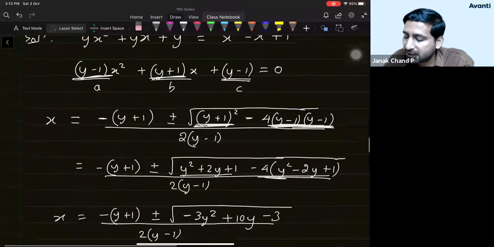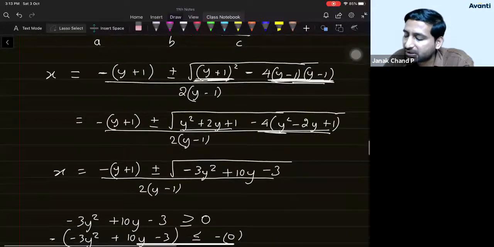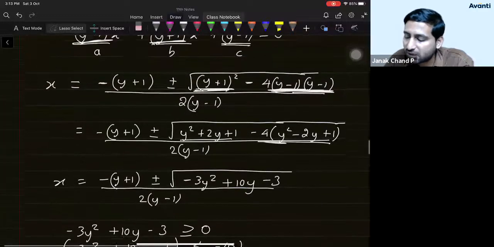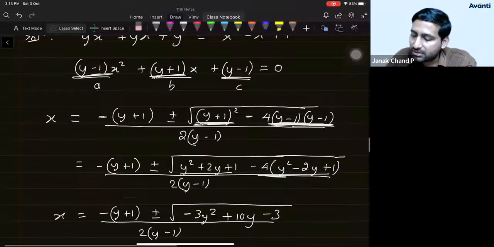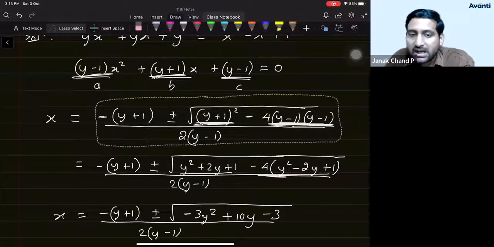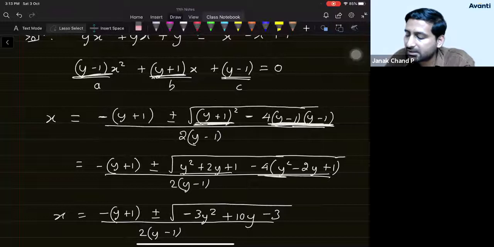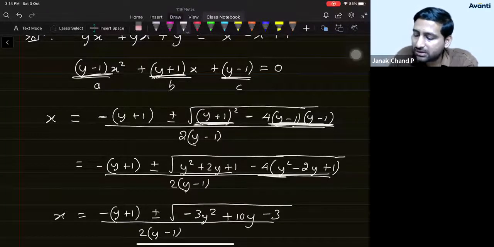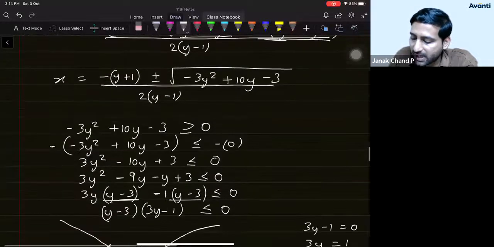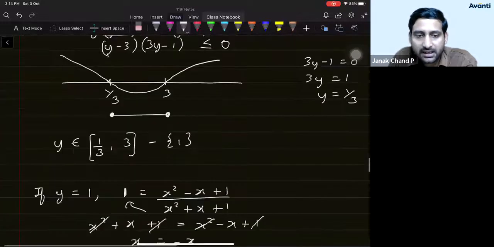Okay, fine. So actually, student, the correct way of solving this question is, the moment you realize that you're getting y minus 1 in the denominator, you should consider this as case 1, in which y is assumed to be not equal to 1, because whatever analysis we are doing here becomes meaningless if there's a possibility that y is equal to 1. So we need to assume that y is not equal to 1. This is case 1. Then case 2, student, we need to check what will happen if we assume y is equal to 1. So this is the correct way of solving this.